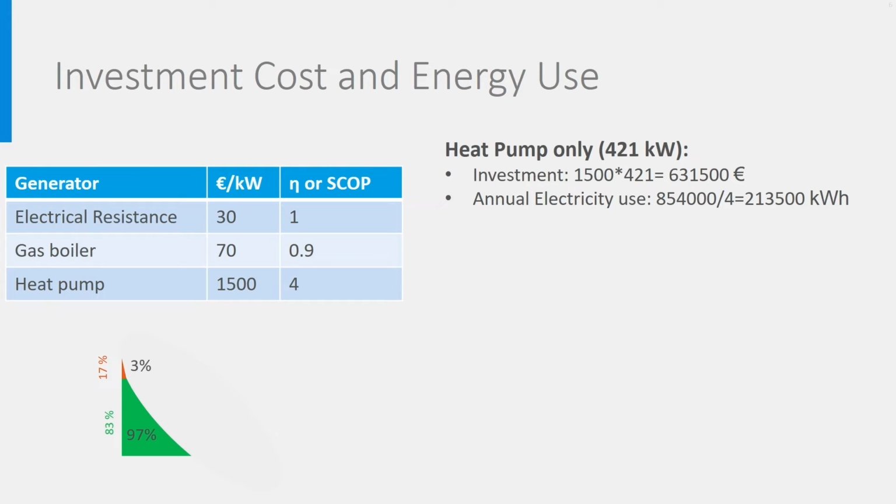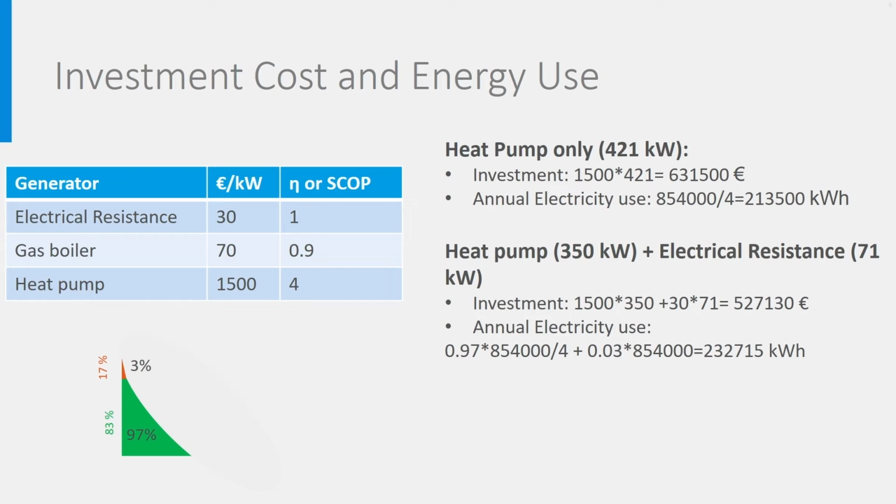213,500 kilowatt hour. If we now buy, as proposed earlier, a heat pump of only 350 kilowatt and use a cheap electrical resistance heating of 71 kilowatt, summing up to 421 kilowatt, the total investment is the one for the heat pump plus the one for the electrical resistance, amounting to 527,130 euro. An electrical resistance has an efficiency of 1, 97% of the heating demand is covered by the heat pump and 3% by the resistance, so we come to a total of